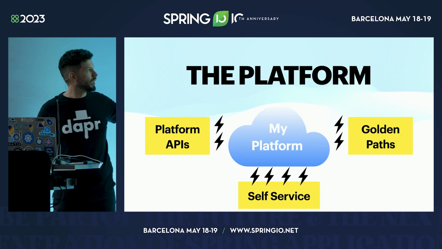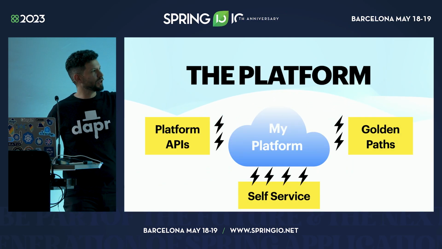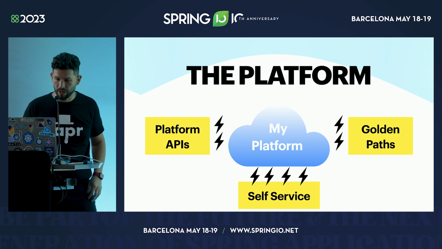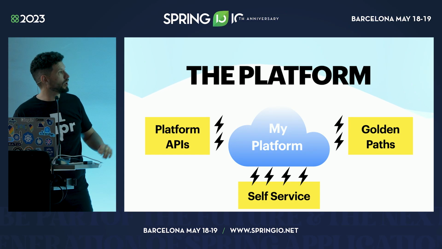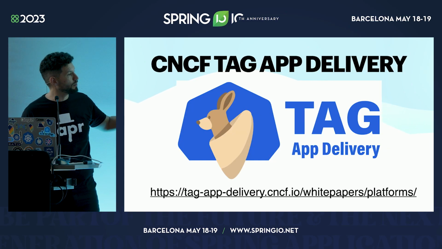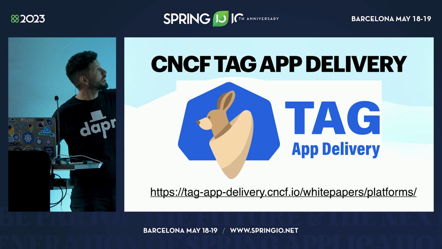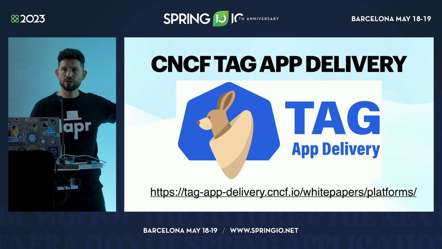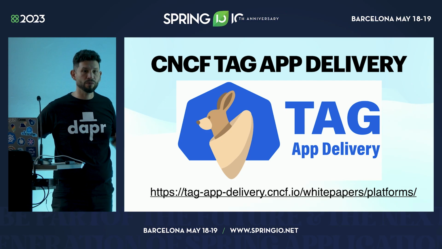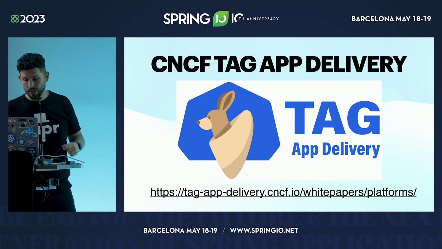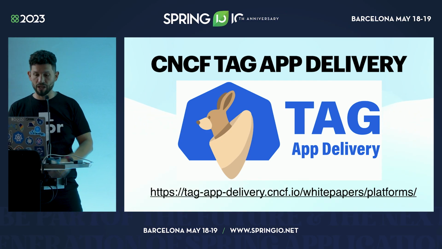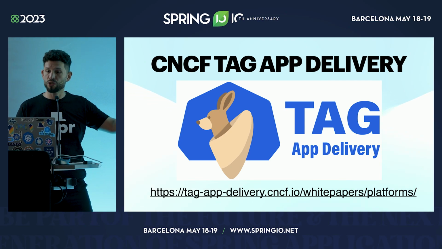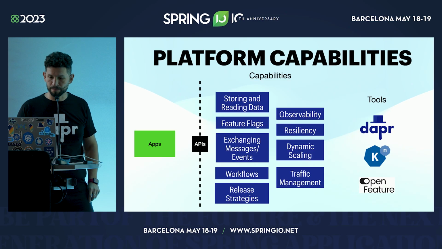You will see a lot about platform APIs, being self-service, creating golden paths to production. This is not the presentation that I'm doing today, but you need to be aware of this. There is a really nice paper published by the TAG App Delivery, where they explain all these concepts and why they are important if you're building cloud-native applications. So if you haven't checked that out, please check it out. This is what's coming in those communities, and I think it's important to share it with the Spring Boot community as well.